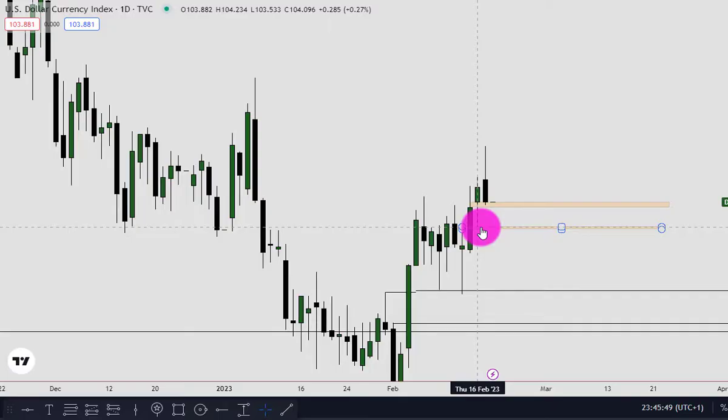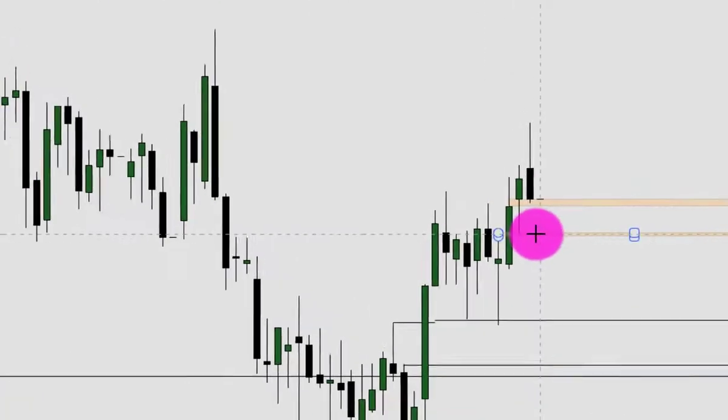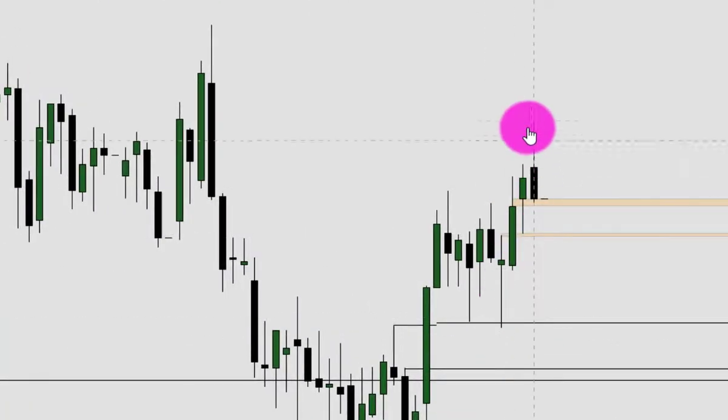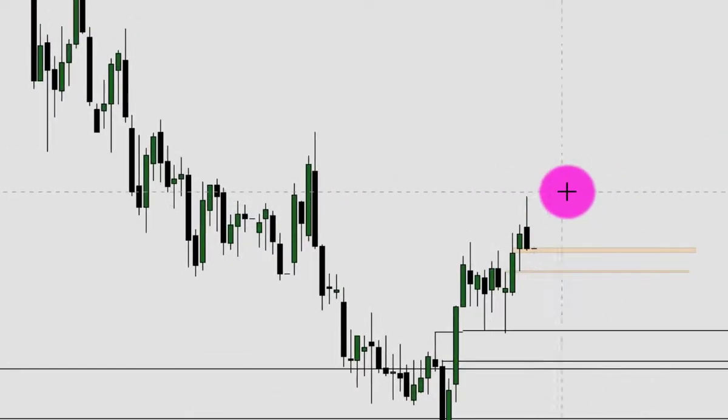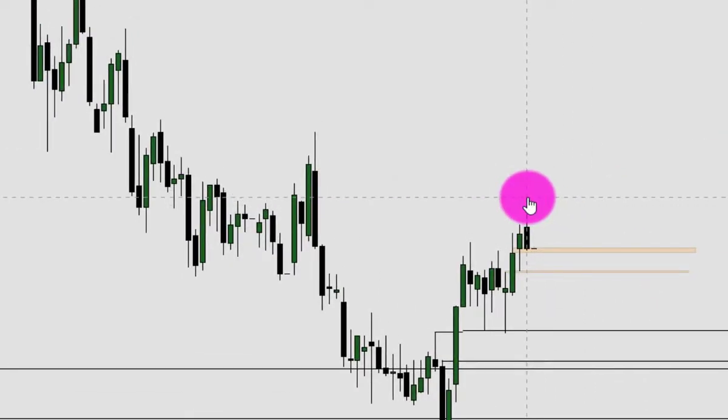I will most prefer to see price trade into this discount, the discount of this range, this current daily range between this low to this high. I'd like to see price trade into that discount, and that would be the bullish order block and the fair value gap here, before we start to go to the upside again to attack buy side liquidity residing above this old high,